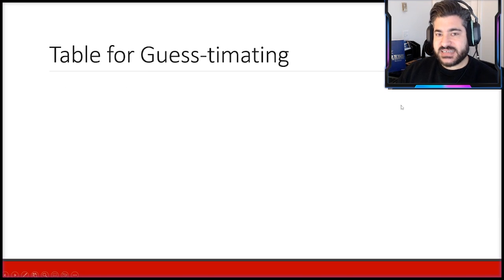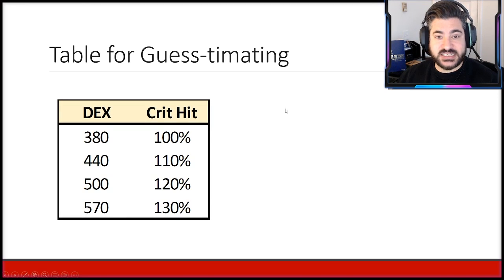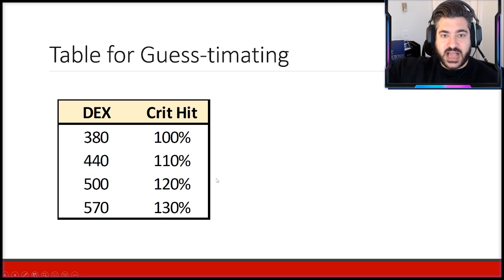Now, I did create some tables here for some rough guesstimating if you were to look at in-game values. Again, it's not exactly to scale, and these percentages aren't exact. I literally am doing this to kind of ballpark that if you wanted to memorize these values, I think that'd go a long way, where if you saw someone that was roughly around 500 dexterity, you know that their crit rate's around 120%. This obviously doesn't include the actual crit percent that you can add on to things, but at least from a dexterity and luck